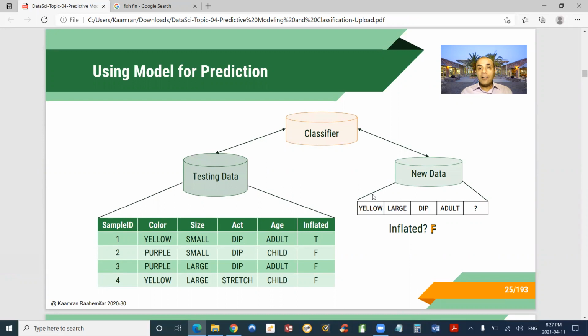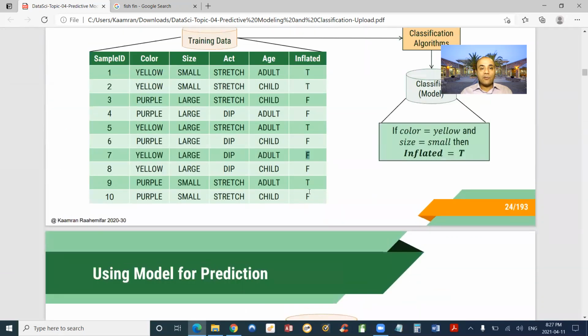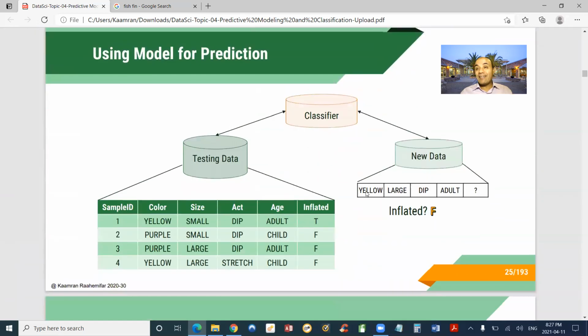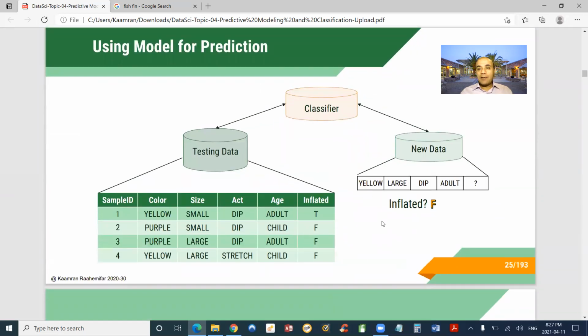Okay, that's good. So let's say this is yellow, large, dip, or say I already have it. I wanted to have data that is not seen, and that's what I mean. When the data set becomes large, this becomes quite easy to classify. But imagine that I want to have yellow,